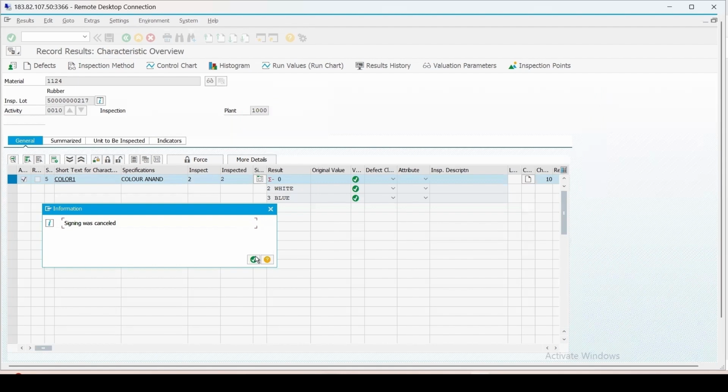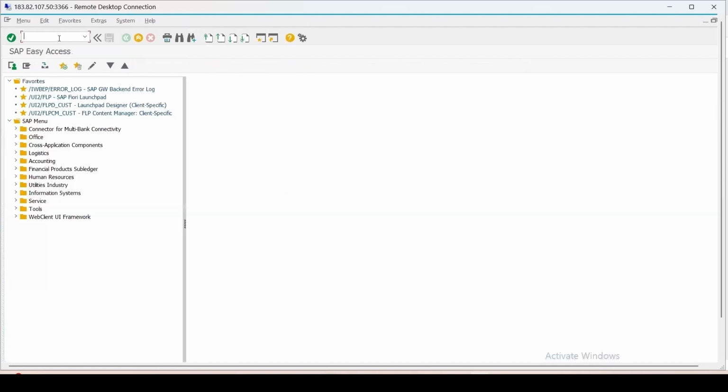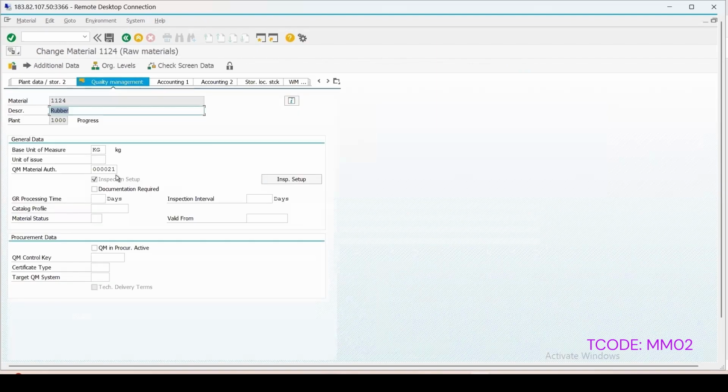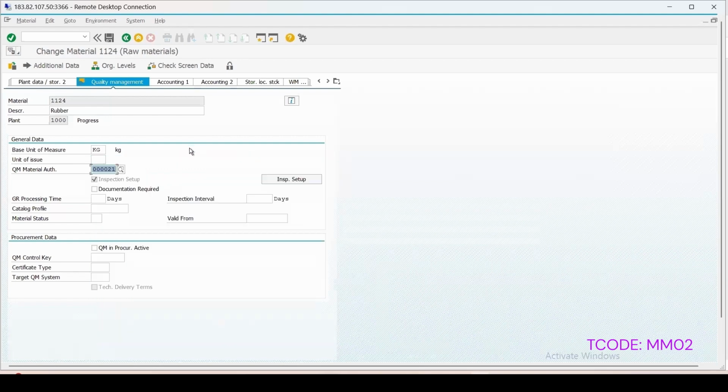So let me come out of it, /n enter, and let's go to the materials again, MM02, enter. Let me remove the 21 we just used at the time of result recording. We will do the required configuration, and then we will assign it here again. So let's save it.